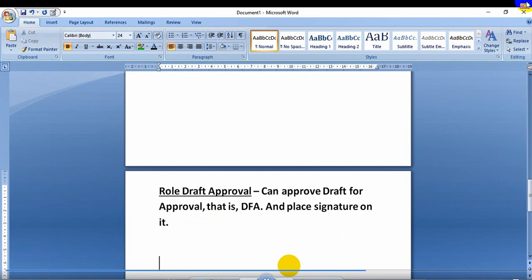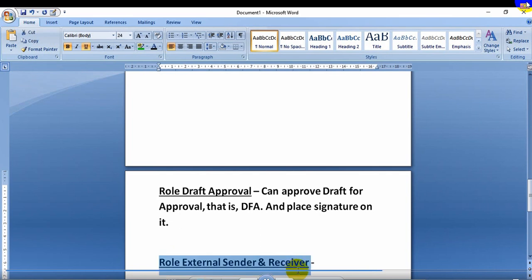In my view, the last role, and I think these are the only roles in an office that I know and got from my office team, my head office. So the last role is role external sender and receiver. So I'll write first: role external sender and receiver. Okay, the person who has this role, what can he do? We just discussed one role above.